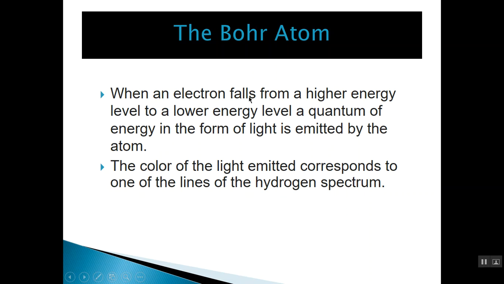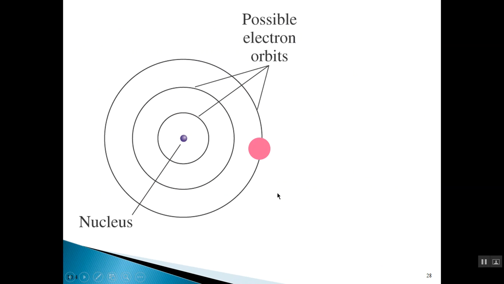It says that when an electron falls from a higher energy level to a lower energy level, a quantum of energy in the form of light is emitted from the atom. The color of the light emitted corresponds to one of the lines in the hydrogen spectrum. So therefore, when you have, for example, an electron falling from the third orbit,